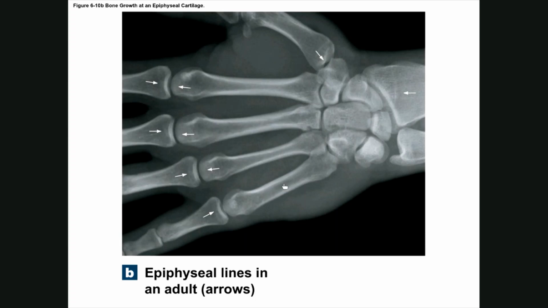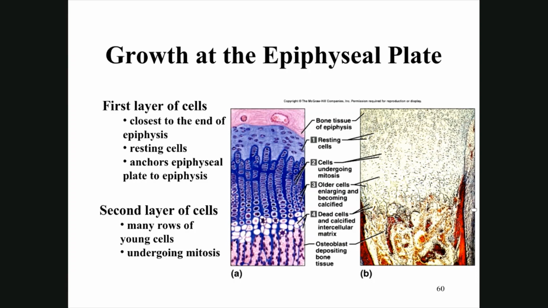Okay, all right. Now, what happens at the epiphyseal plate? You have these layers of cells that you can see. What you see here is the epiphysis over here, and down here is the diaphysis, and this is the epiphyseal plate. The first layer of cells is next to the epiphysis. They're resting cells, and then as you go toward the diaphysis, the second layer of cells,